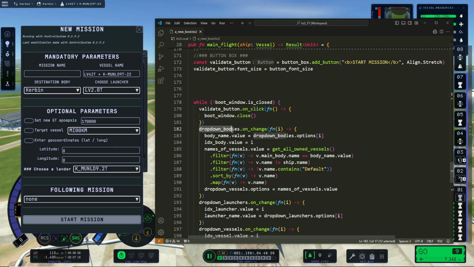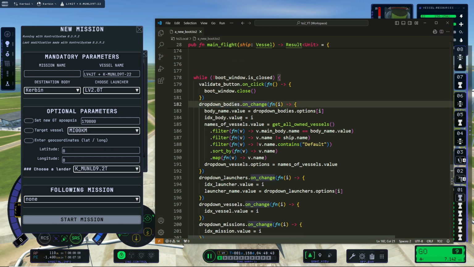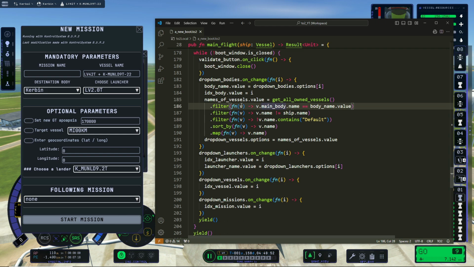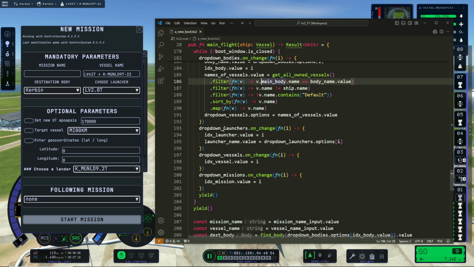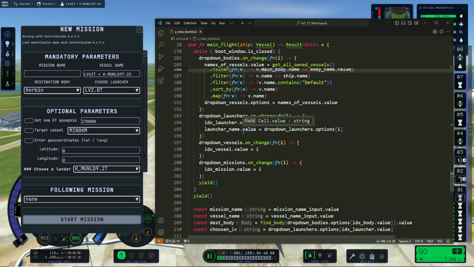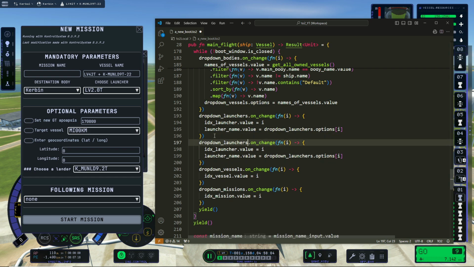I have to look at my drop-down bodies. If this drop-down changes, then I have to change the body name, and because this will change the list of vessels, I have to create a new list of vessels. And for the launchers and the landers, in fact, I don't have any. I can do that too. Here, landers, and I have here